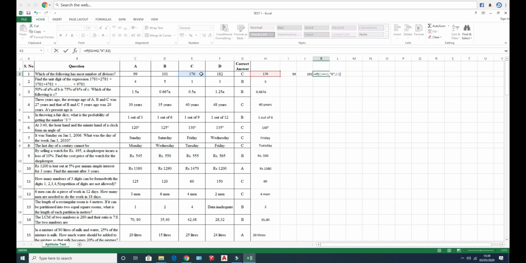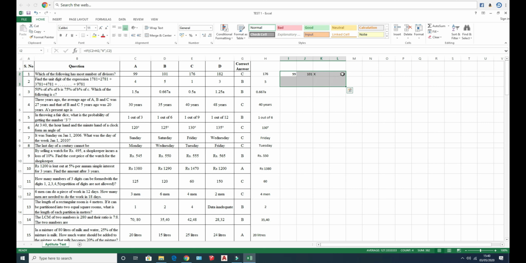You can see that option C is the correct answer, so the E2 value is equal to the H2 value, so the condition is X. For option D, that is F2 equal to H2, the condition is X, or if not, it will display the F2 value.